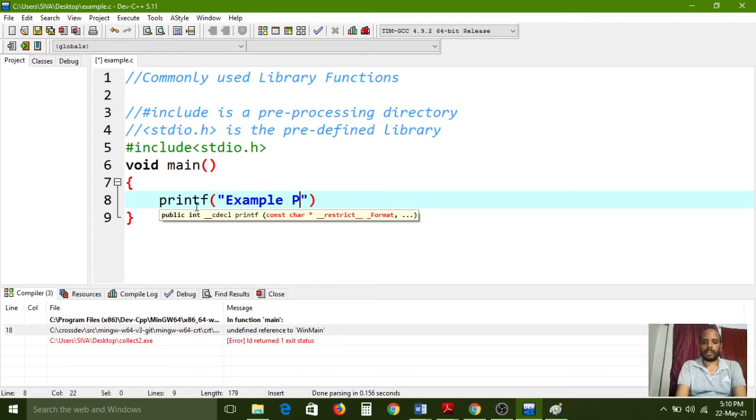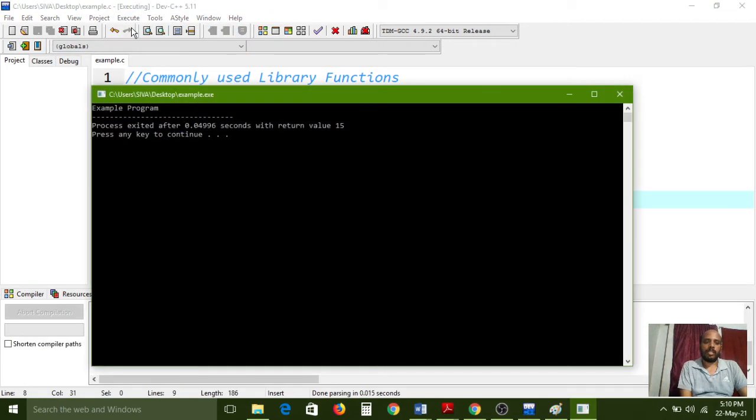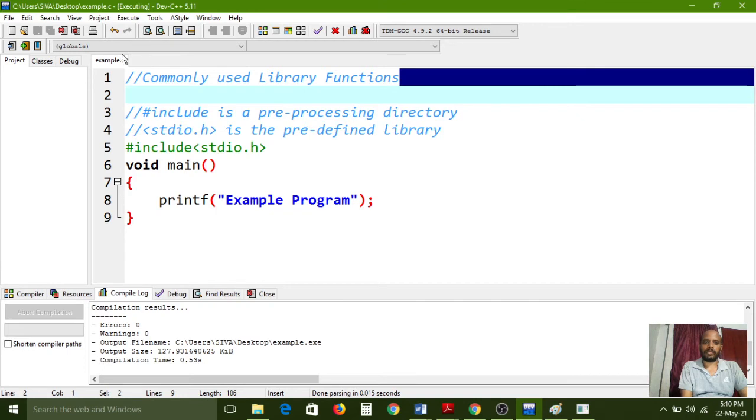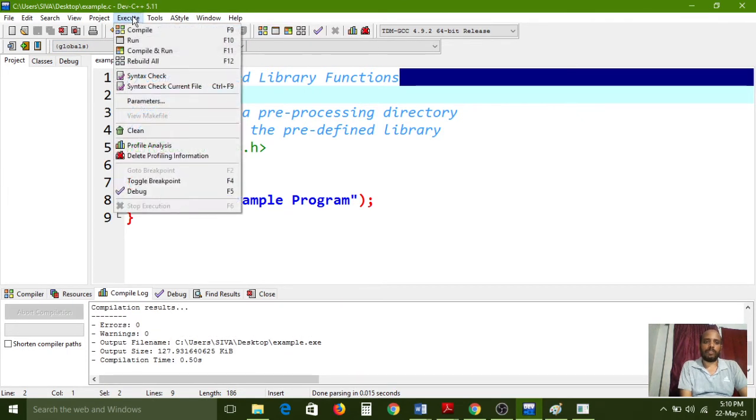Example program is my message. So, ending the statement, I just used the semicolon. Now I am saving this one. Again I am going to compile, because I have edited some code. So go to the File menu, choose the Compile option, and the compilation is successful, because at the bottom we are getting 0 errors and 0 warnings. We got this message, so that means compilation is successful here.